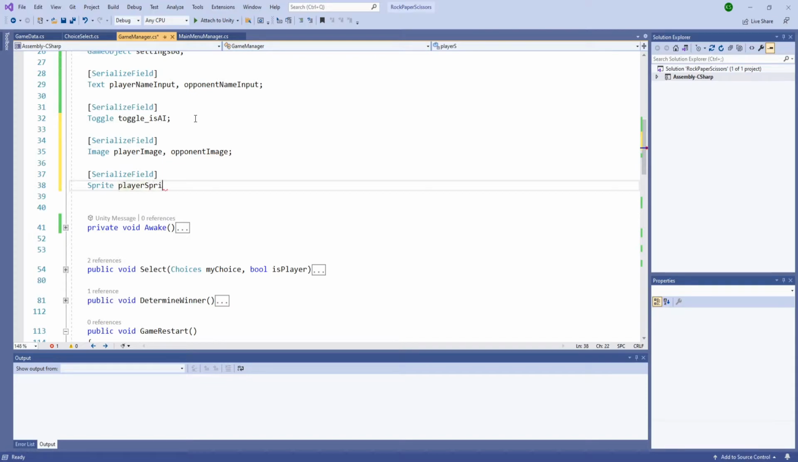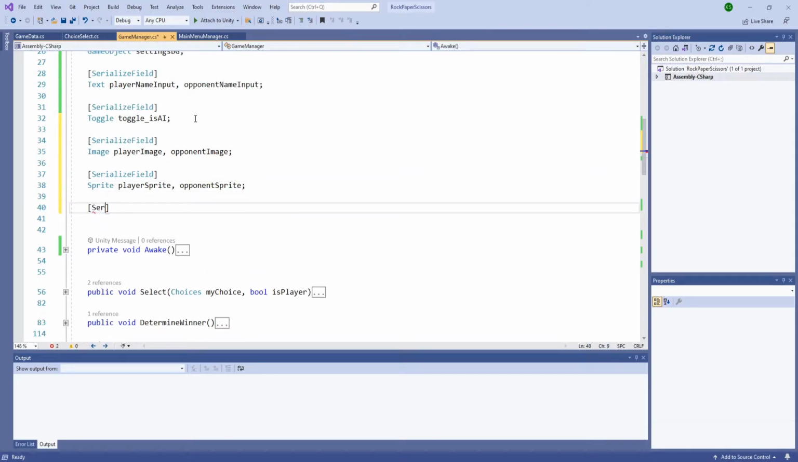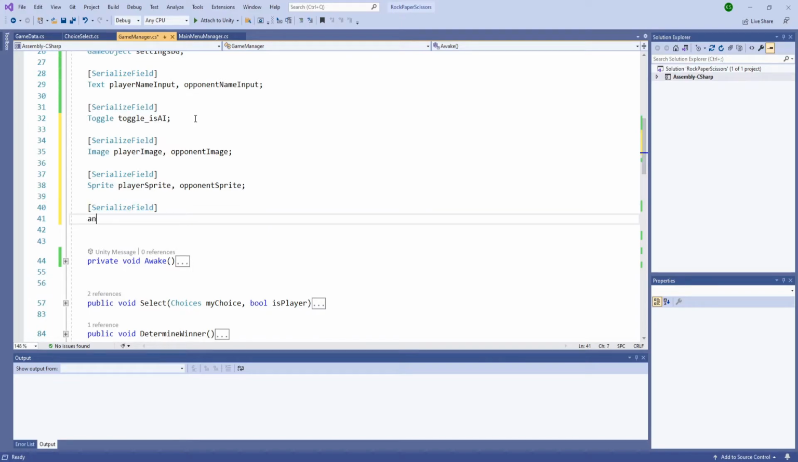Player sprite, the next one opponent sprite, and the four animator controllers. Animator. The first one is the player choice, player select, and